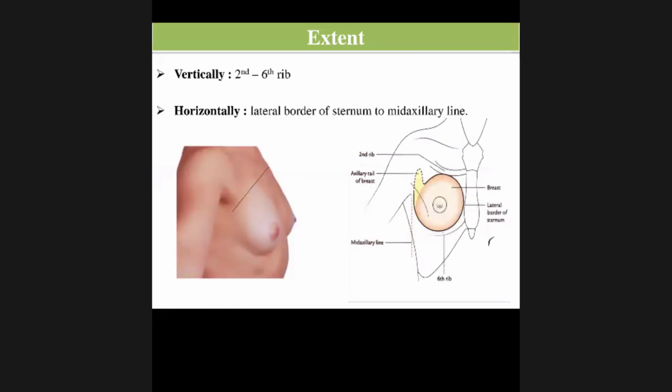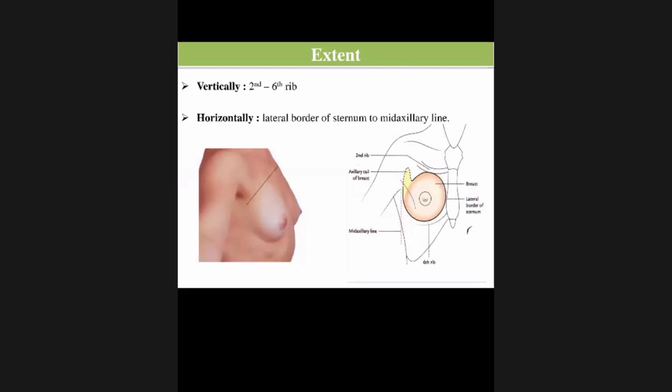Remember the two majors. Pectoralis major forms the anterior axillary fold, and the posterior axillary fold is mainly formed by the latissimus dorsi and teres major. Remember the two majors. And three muscles attach along the bicipital groove. Where is the relation of the three muscles? In the bicipital groove. So remember, the muscles that have attachment in the bicipital groove form the axillary folds, both anterior and posterior. The anterior axillary fold by pectoralis major. The posterior axillary fold is formed mainly by the latissimus dorsi and the teres major.